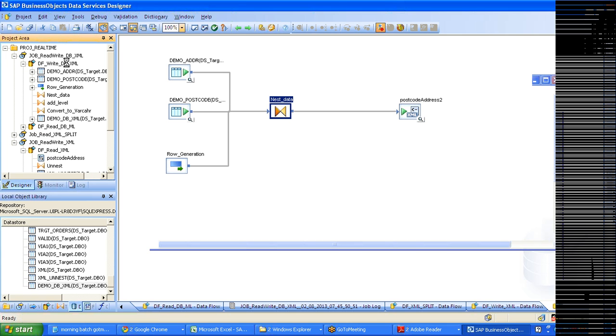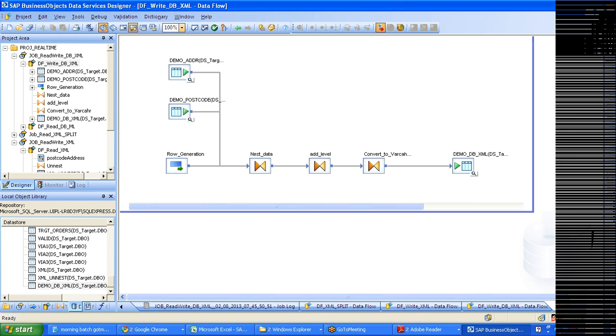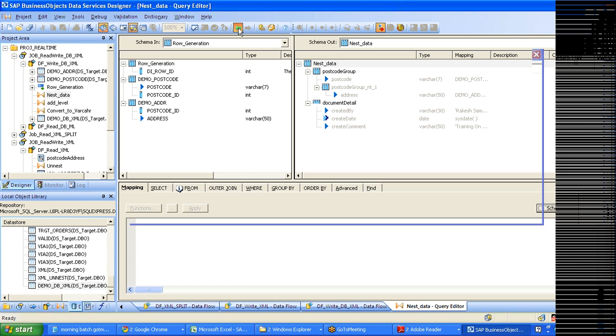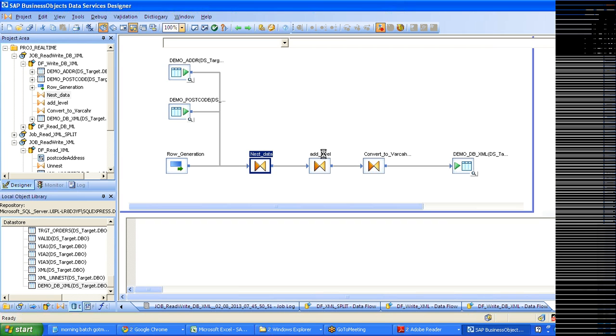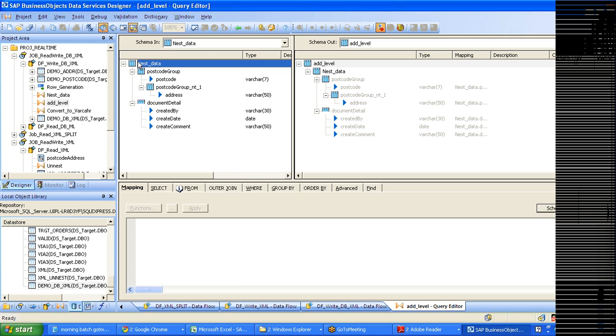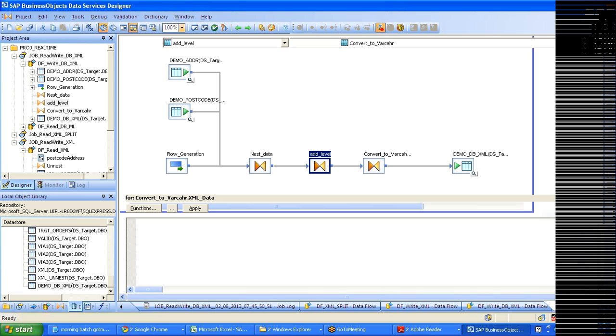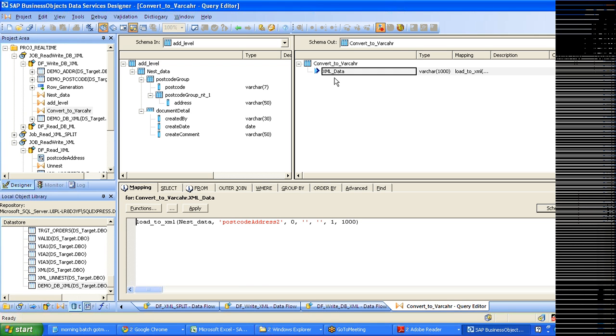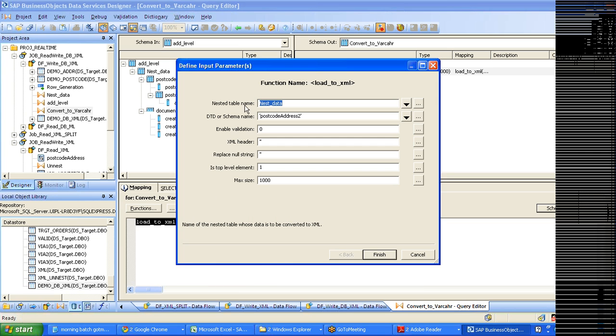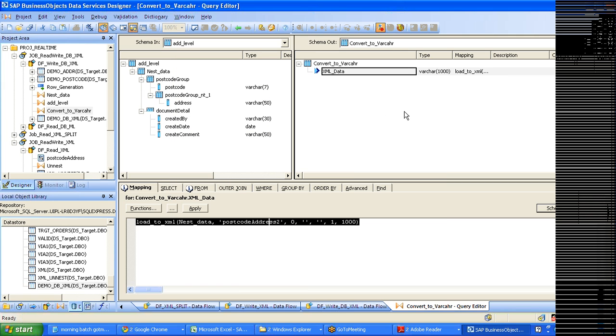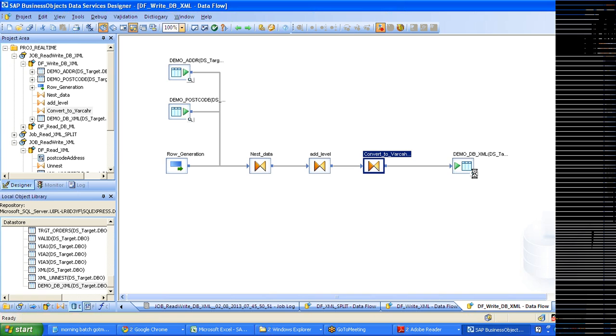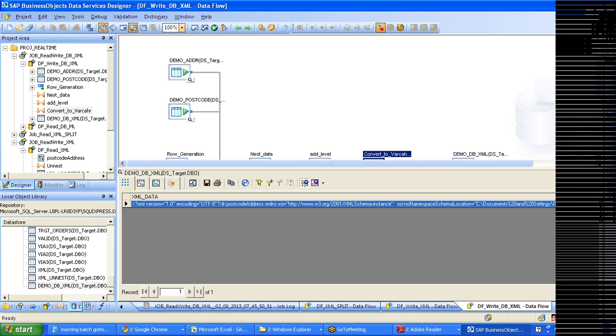Okay, so this is the job where we just took the previous job structure and added a new level. We extracted this, dragged it from nest_data and dropped it into the add new level. Then we added one more query transformation and created a new output column called XML_data, and we used this conversion function, load to XML. We just gave the values, and this function is populated. This function will write the data into the database table, but the data is written in the form